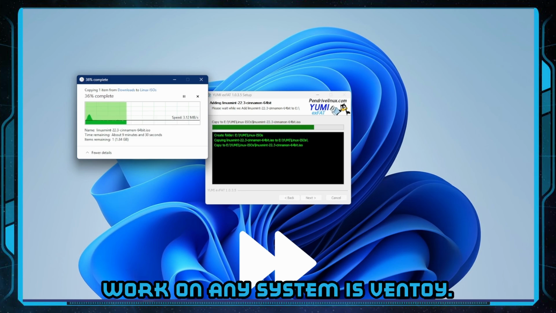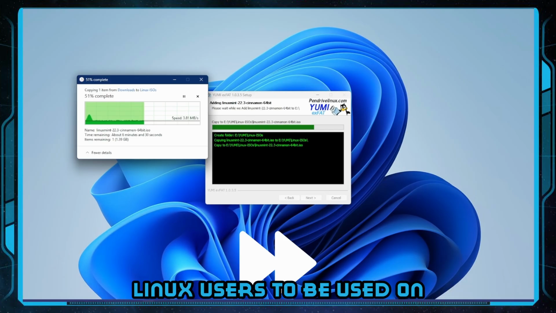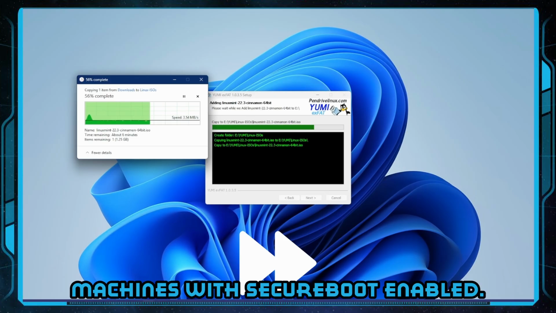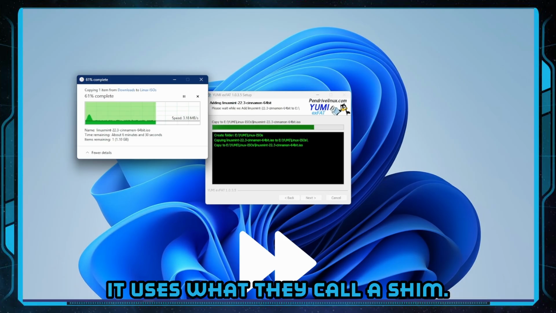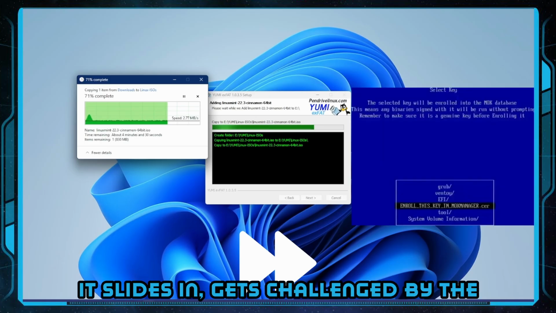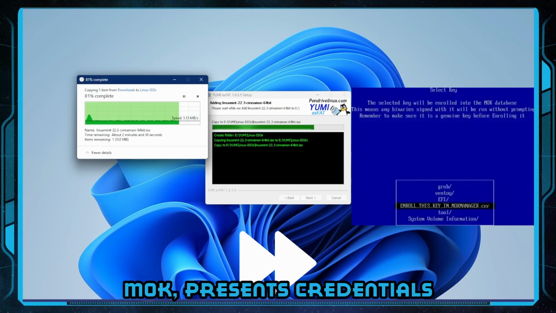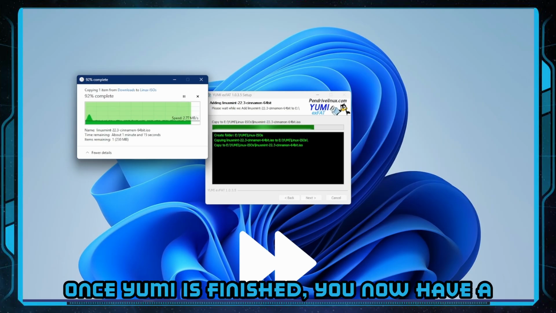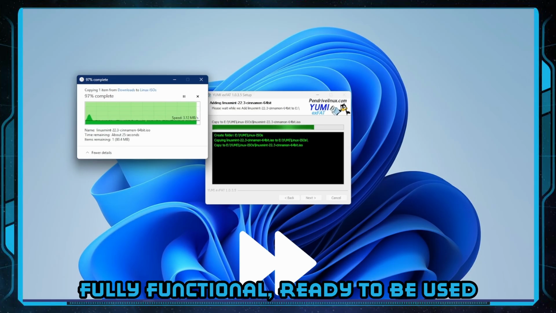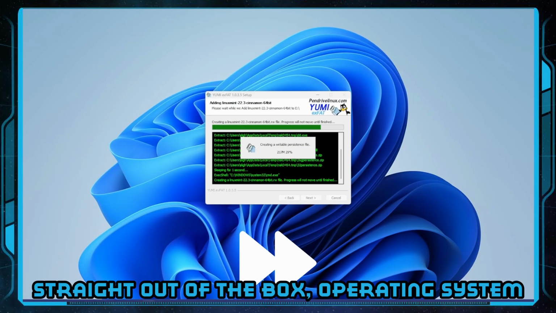What really makes this work on any system is Ventoy. Ventoy is a program written primarily for Linux users to be used on machines with secure boot enabled. It uses what they call a shim. It slides in, gets challenged by the secure boot for a machine owner key, or MOK, presents credentials, and then is allowed to run. Once Yummy is finished, you now have a fully functional, ready-to-be-used, straight-out-of-the-box operating system that can